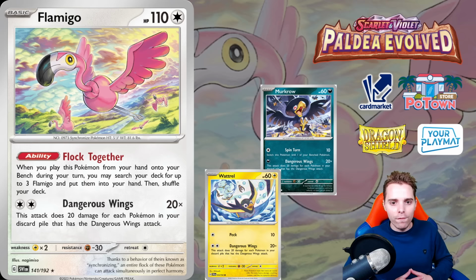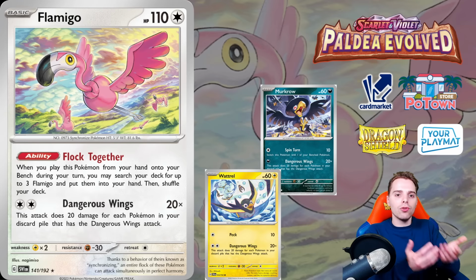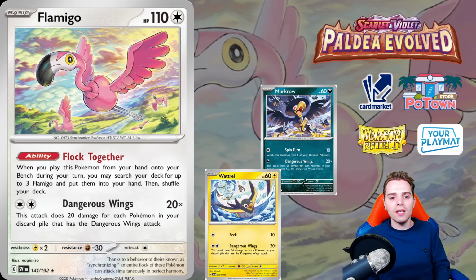When you play this Pokemon from your hand onto your bench, you may search your deck for up to 3 Flamigo and put them into your hand. Very good, because you can slap down Flamigo, get 3 other Flamigos, and then use Research to already have yourself a reasonable damage output. You're slapping 20 damage for every Pokemon in your discard pile with Dangerous Wings,